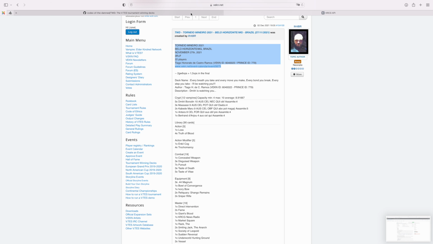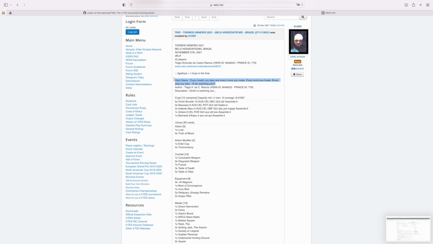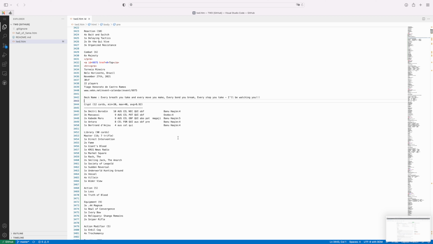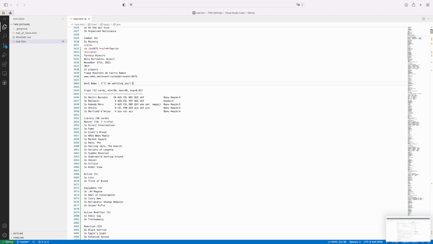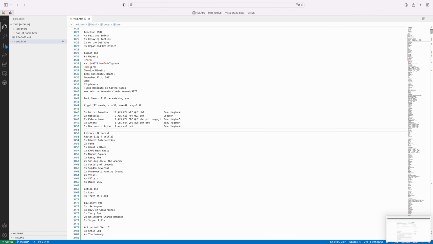And you might want to add the deck name if there's any. Same thing, you want to keep the name short for online tools that are using the TWD. So sorry there, I will just remove a bunch of it to make it short. This is it. Once you're ready here, you only need to add a single line on the top of the